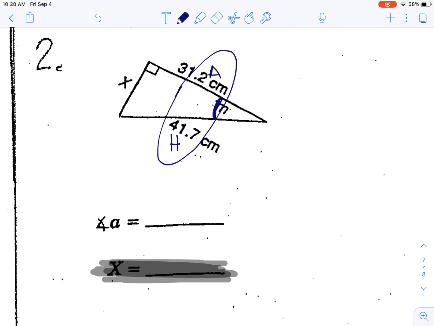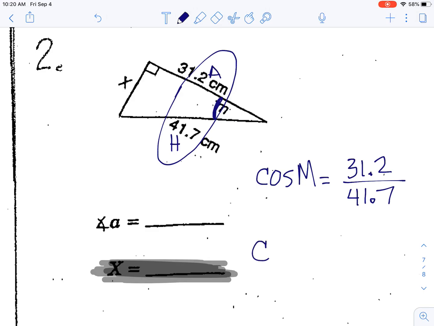That's right, it's cosine. So we're going to say the cosine of our angle, I know we don't know our angle, but we're just going to put m there, is the adjacent over the hypotenuse, right? That's our formula. We set this up, and now we know we're trying to find the angle, so in our calculator we're going to use the inverse cosine. So we're going to put the inverse cosine of 31.2 divided by